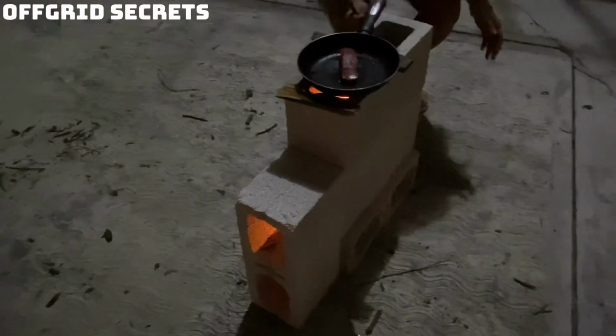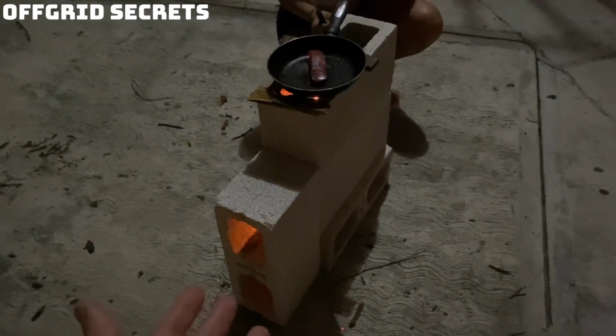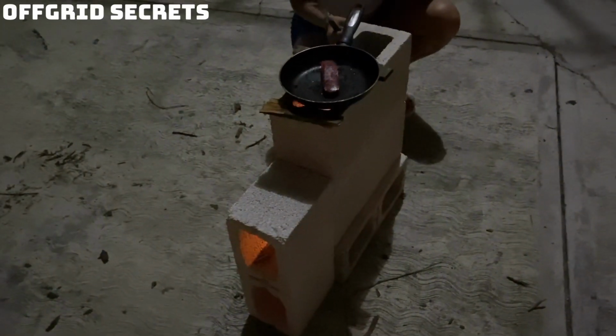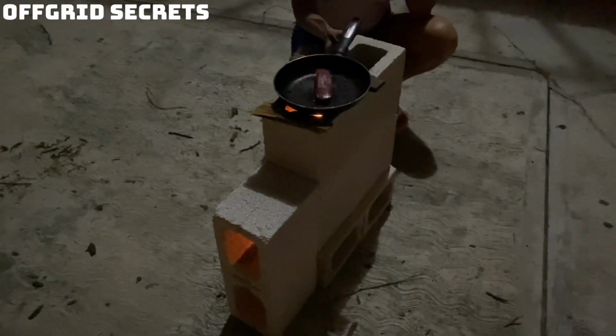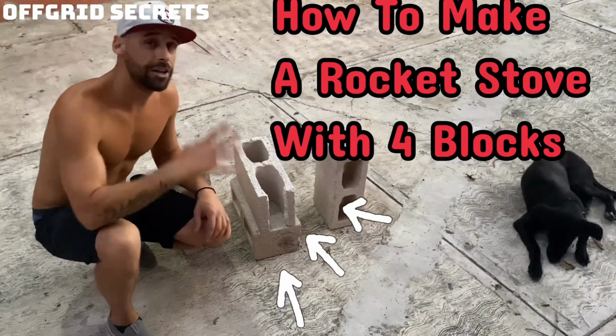You've got no excuse if the power goes out or your stove breaks or you don't have gas. You can always grab 4 bricks, make one of these, and get yourself cooking. No problem. All right, what's up, guys? Today in this video, I'm going to show you how to make a rocket stove using just 4